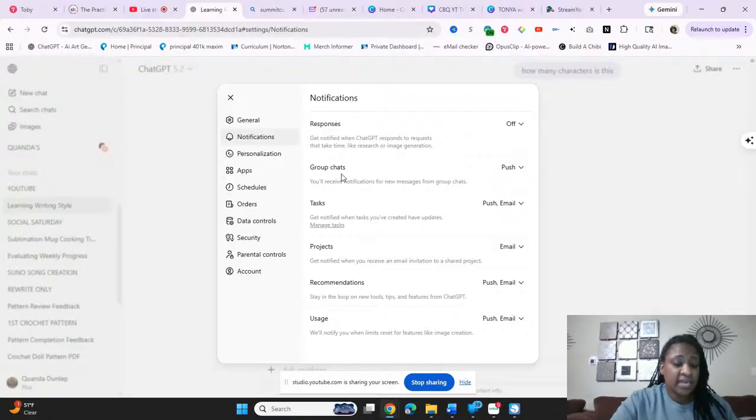Okay, group chat. If y'all have used group chat yet, it's a way for everybody to talk to each other in ChatGPT. I've done it a couple times for people in my community, but we don't use it. So with group chat, it says you'll receive notifications for new messages from group chats.